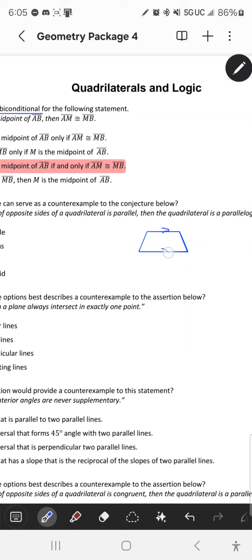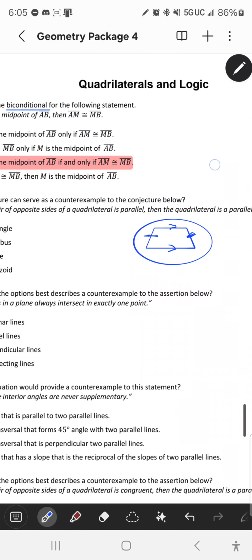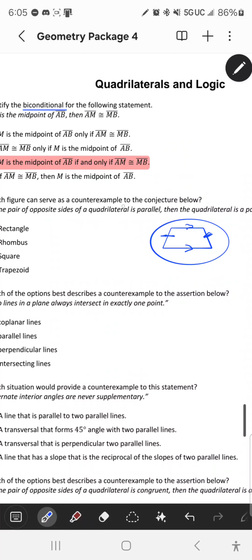I know this side is parallel to this side, but this is not parallel to this. This is a trapezoid. So this will be a counterexample of the claim that if one pair is parallel, then it is a parallelogram. And for a parallelogram, both opposite sides need to be